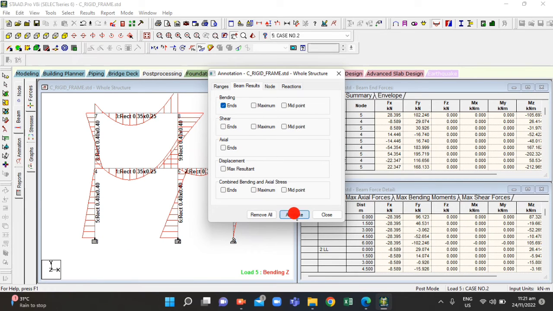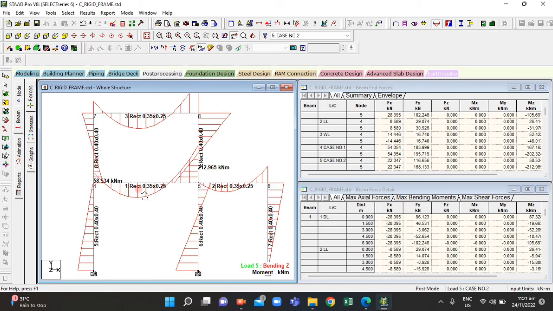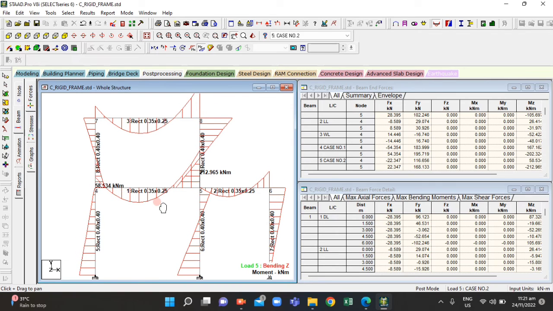So then annotate, and here identify the maximum bending moments at member CD and to which load case it actually occurs. So what we're going to do now is we're going to run through. Now from the dead load,